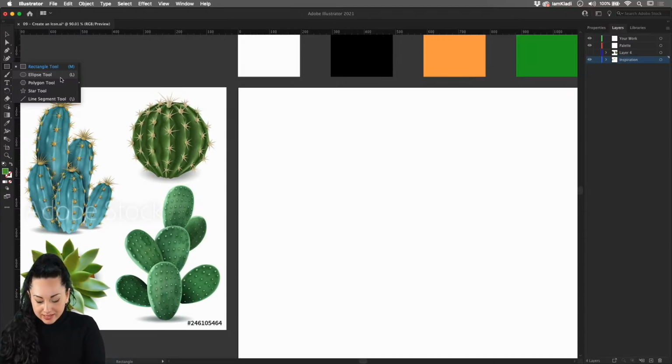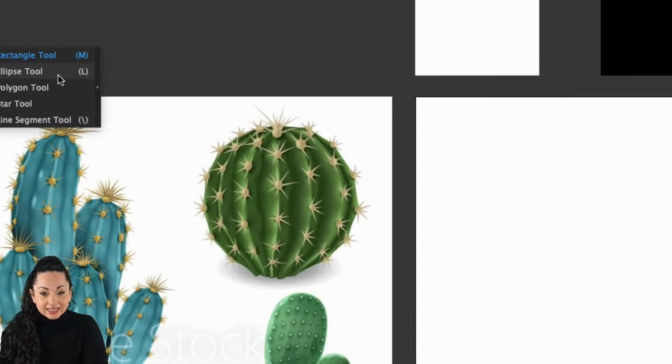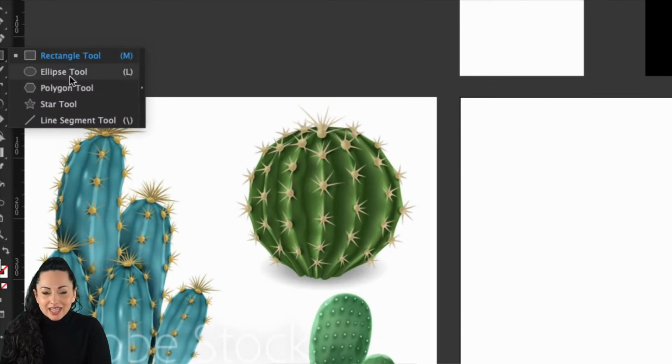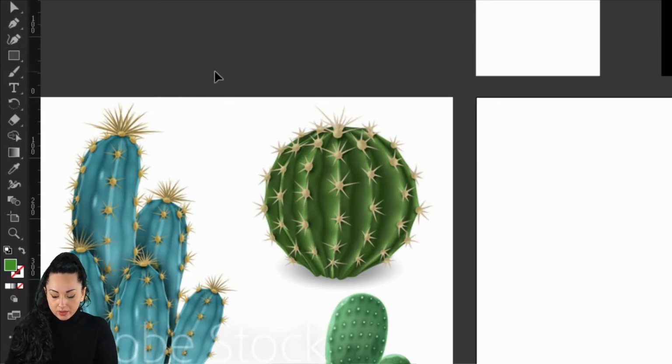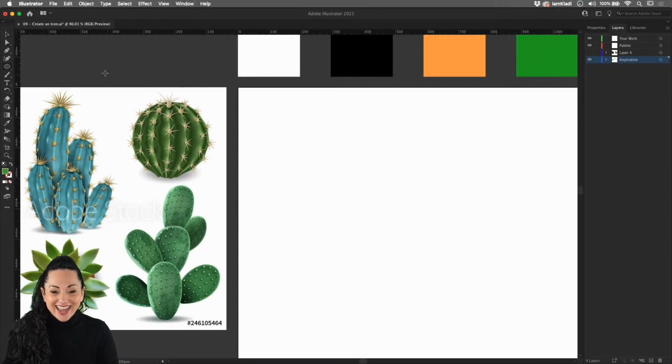And if you see there is a little L in parentheses, anytime that you see parentheses next to a tool, it is Illustrator telling you that that's the shortcut. So in fact, if we're, for example, with the Selection tool, and we press the letter L, like the little instruction suggested, you will see that the Ellipse tool is ready to go, ready for us to be used.